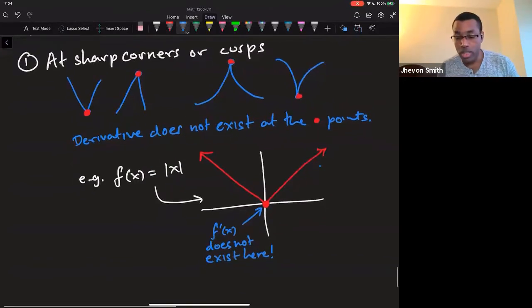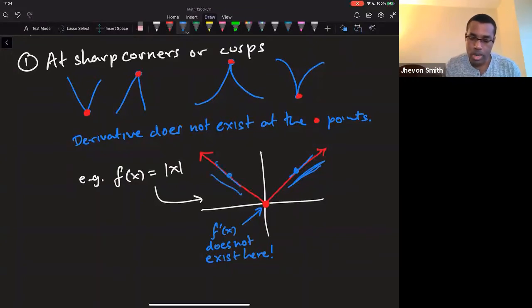You can find a derivative to the right, right? What is the tangent line to a point on the right? Well, it's literally the function itself, because the best line to approximate a straight line is the straight line itself. So the slope of the derivative is going to be 1 because that's the slope of the line on this side. Same thing over here. At any point, the line itself is its own tangent line. So the slope of the tangent line is the slope of the line itself, which in this case is -1. So on either side of 0,